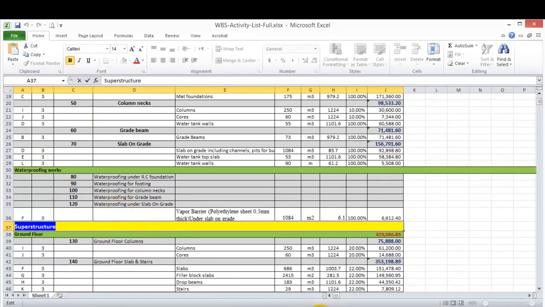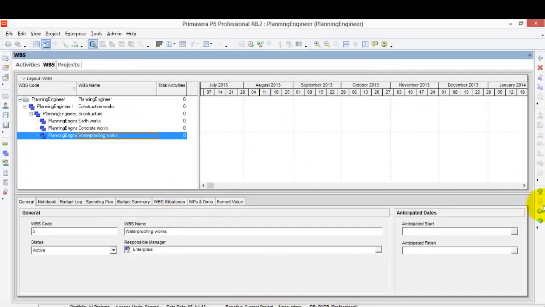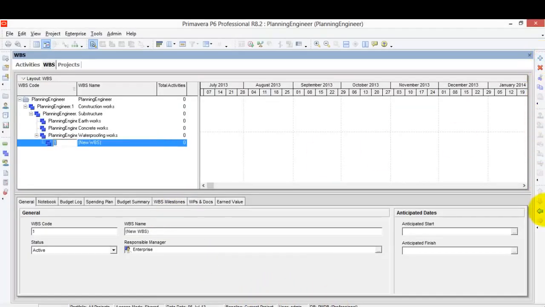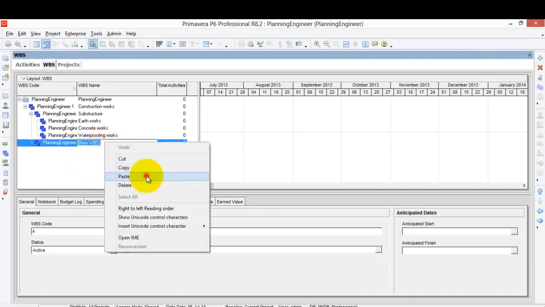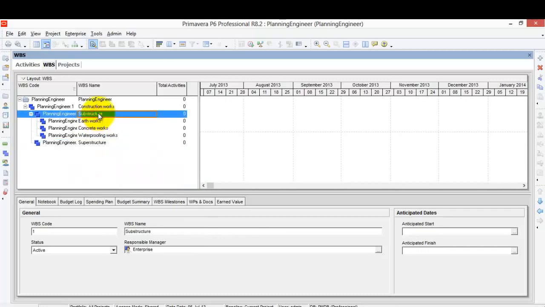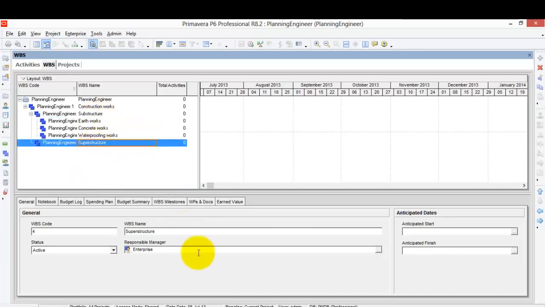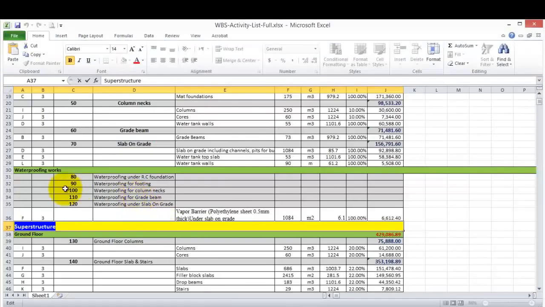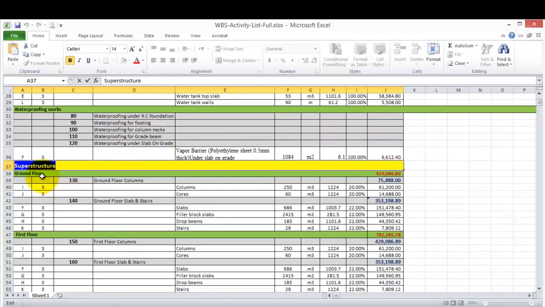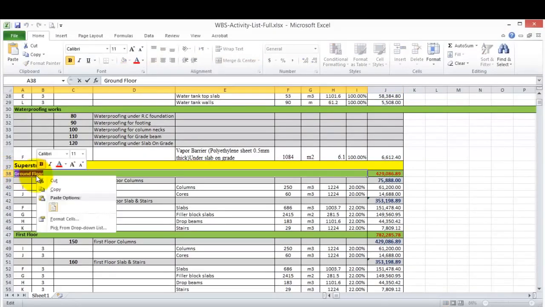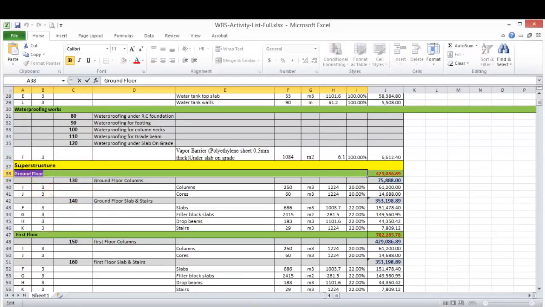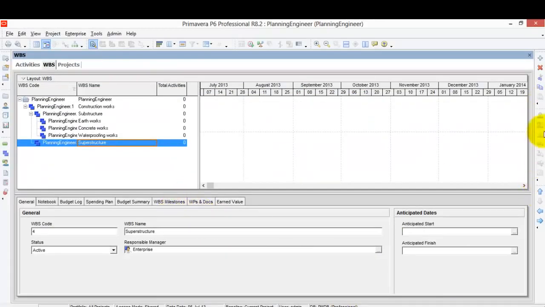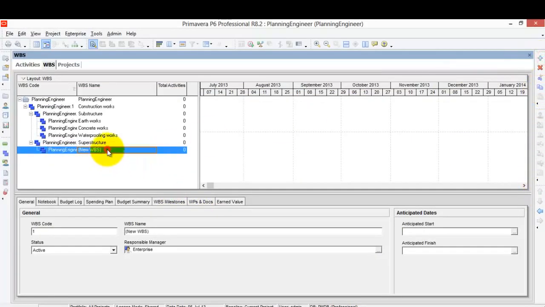In the superstructure, I'll add a new level for the superstructure, and I'll make it the same level as substructure. So this is a level, this is the same level. And under the superstructure, I will start adding new levels, which is ground floor, by adding a new one here, ground floor,